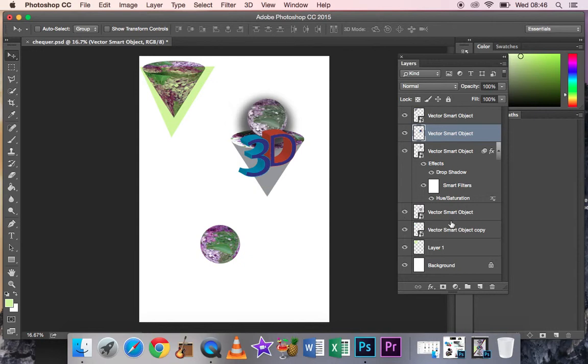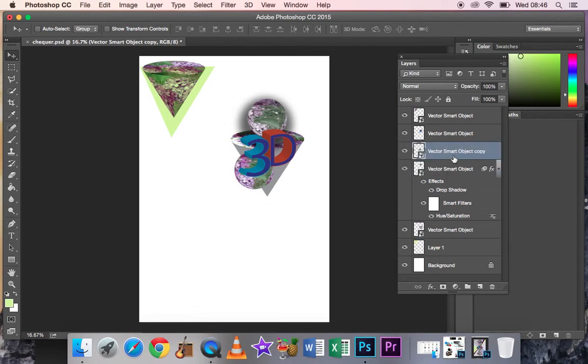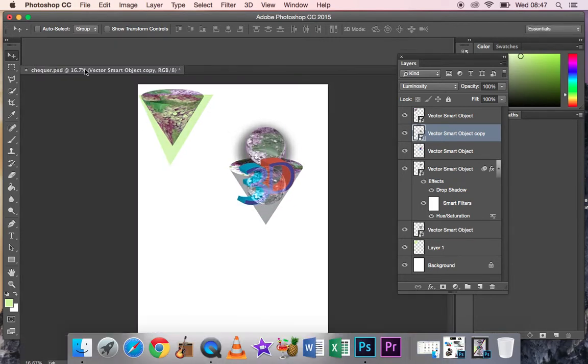And another effect I was just going to show you is the luminosity. If I see if that's that ball, if I bring this one over the top of here, again sliding that above everything, luminosity, again on this drop down box, has a sort of magnifying effect over the top of things like your 3D lettering. So that's quite an interesting technique to use with Mike Lithgow. Okay, so let's lose that